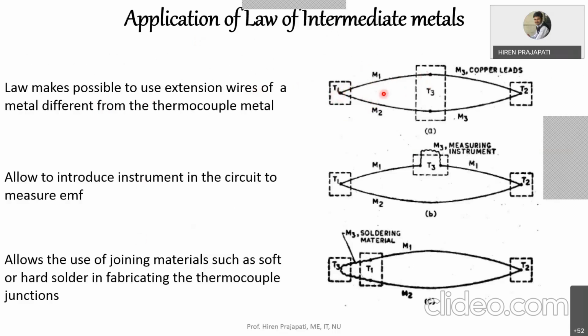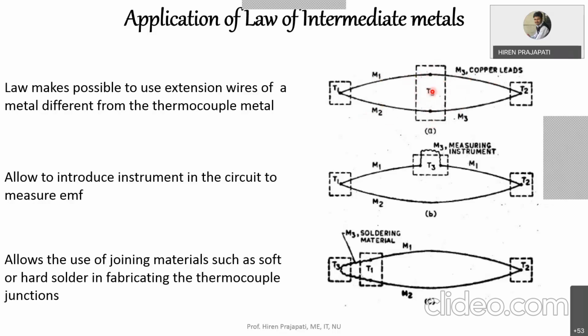Then the second junction of M1 and M2 is not formed. Instead, M1 is connected to some new material M3, and the same M3 material is connected to the second material M2. And these two junctions, where M3 is joined with M1 and M2, are at the same temperature